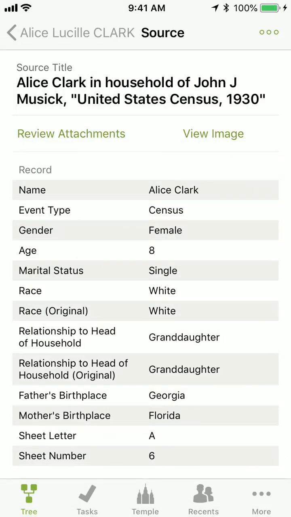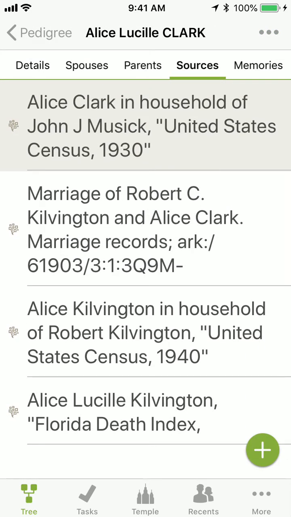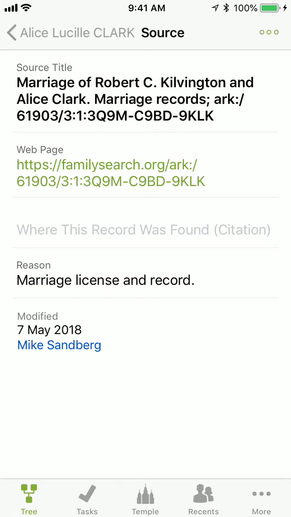I'm going to navigate back by hitting that back arrow on the top left. Go back to the sources. Now, the second record on here is a marriage record, and I just found this today out in one of our collections. It's not actually indexed. So another site pointed me to this marriage record in our film collection. Find My Past had indexed it, but had given me the film number, so I went to the film number in FamilySearch. But the cool thing here is even though I don't have an index, if I click on that link,